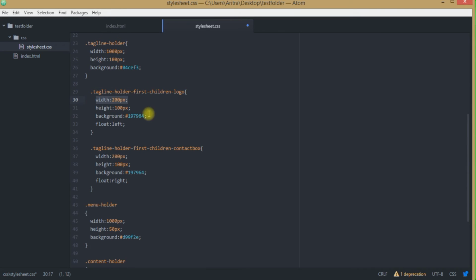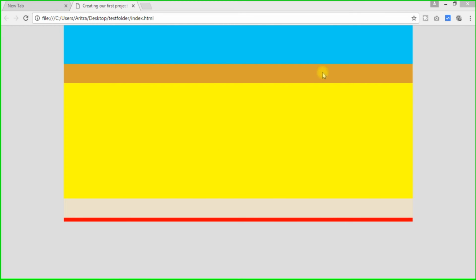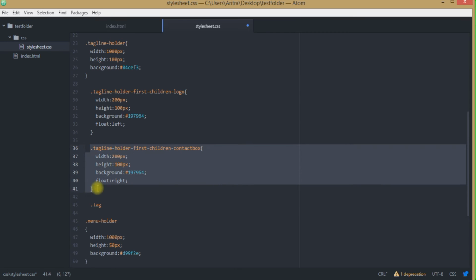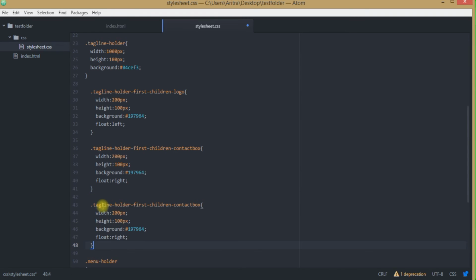So all we have to do is create another div which will be residing at the middle of this web page, and it will be at a width of 600 pixels. So all we need to do here is to create the third sibling, the third child div over here, that is the tagline. First of all, copy this whole thing, get back over here, and tagline holder, name it as tagline content. So the class name has been changed over here.